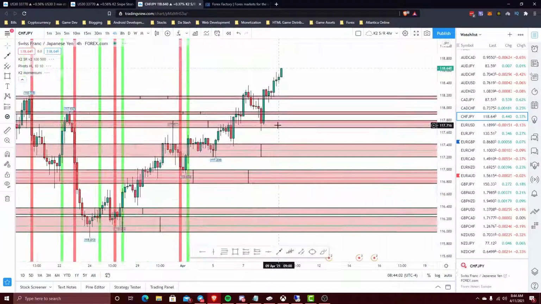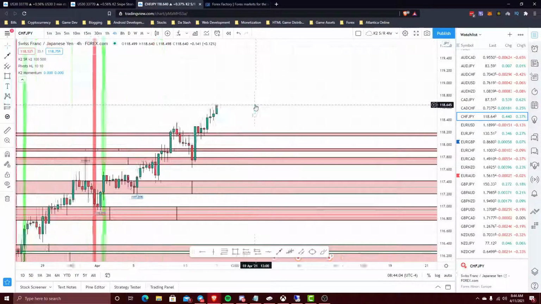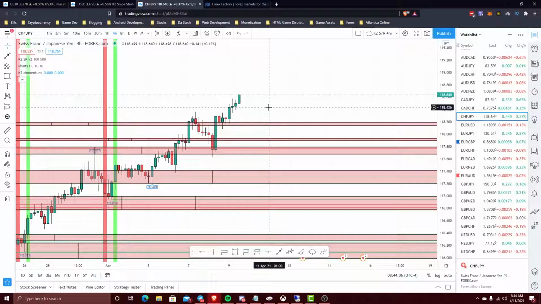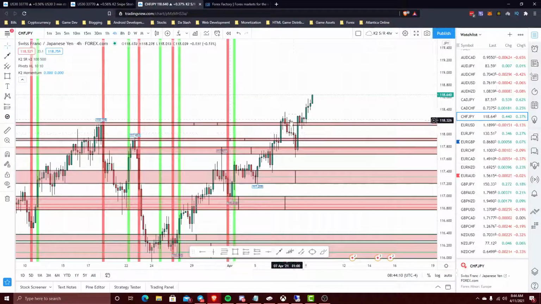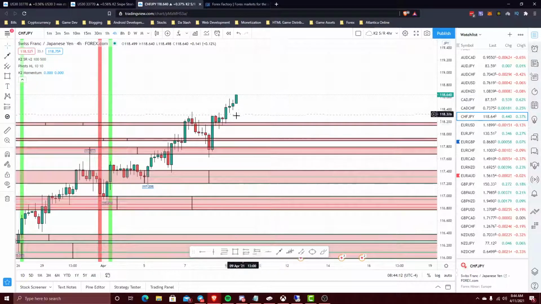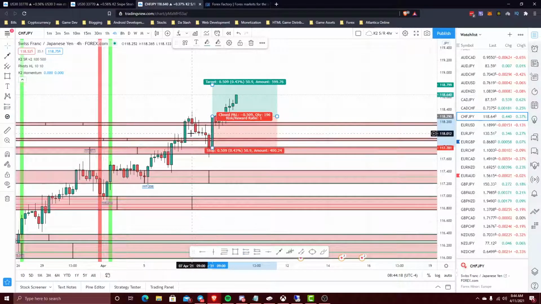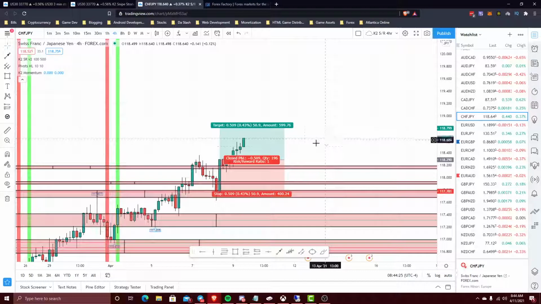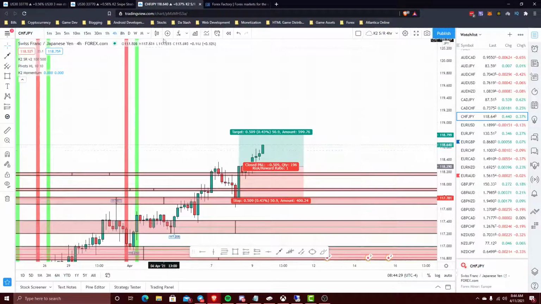All right, next one here. I wish I was in this trade right here. See, this would have been a nice signal right here. Even though this was a false breakout here, if I would have taken it here, it went back down. Now it's swinging, decided to swing up. So let's see where the next